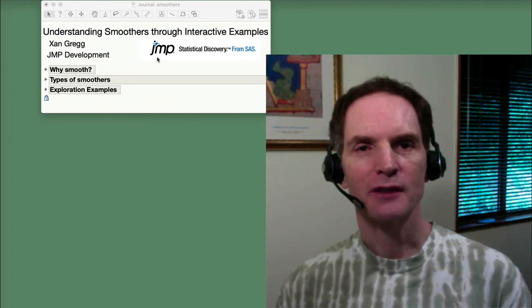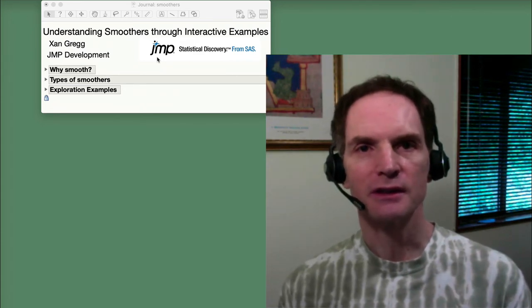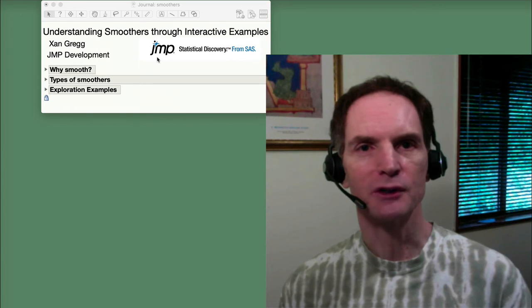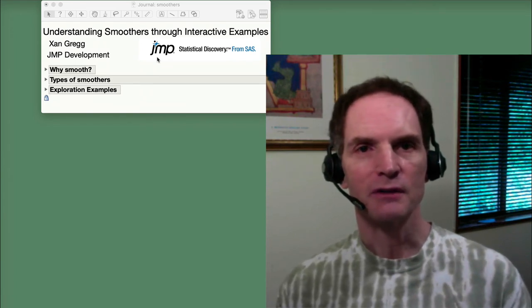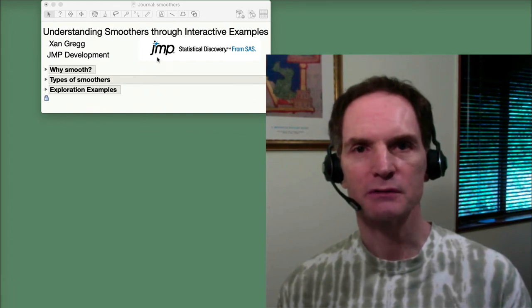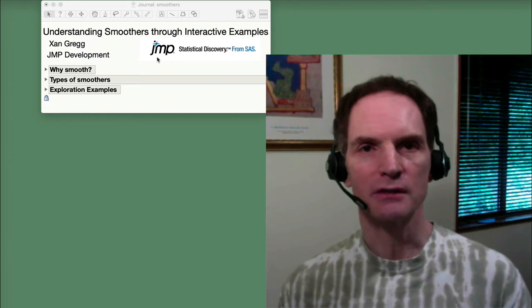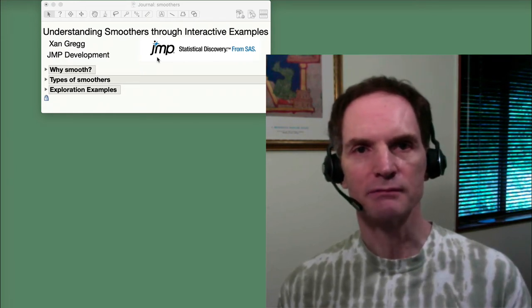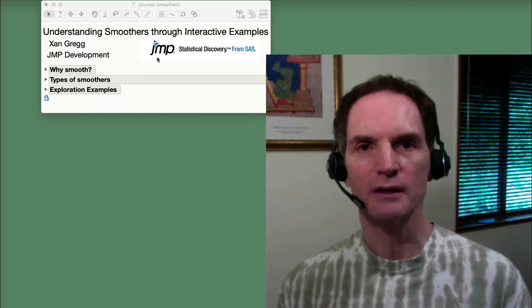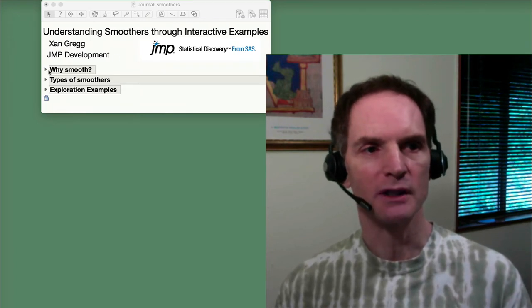Smoother is a way of cutting through the noise and seeing the general trend. I think it's a great combination of statistics and visualization to do just that. And I'm going to show a few different types of smoothers. We have a lot of choices, and we'll work through some examples to try to understand the nuances of the differences. But first I'm going to justify why smooth, or at least set it up with one example